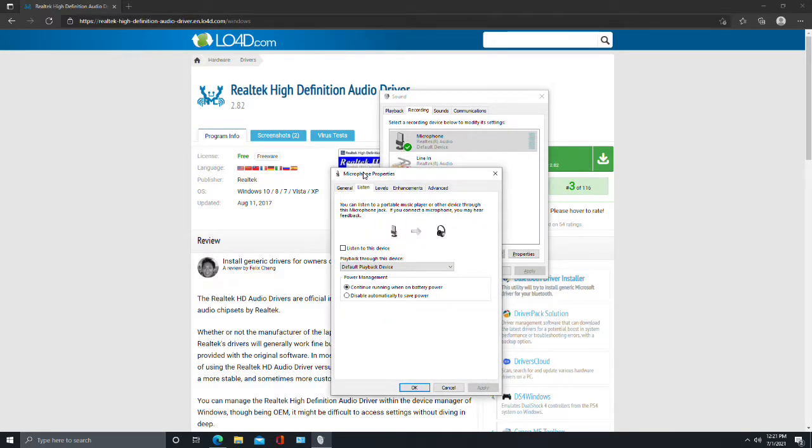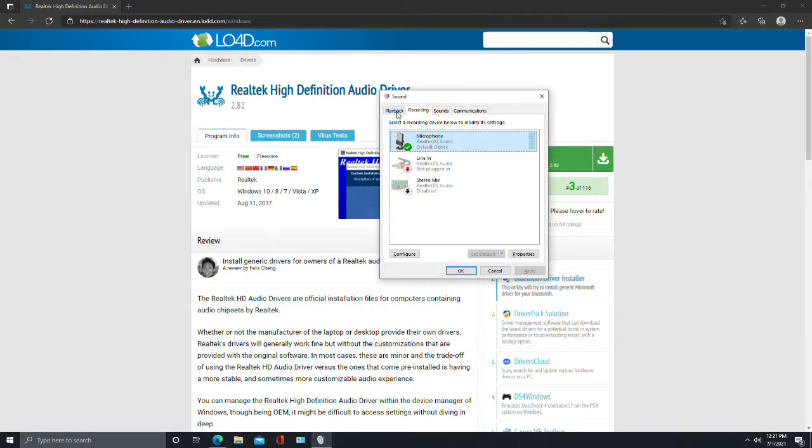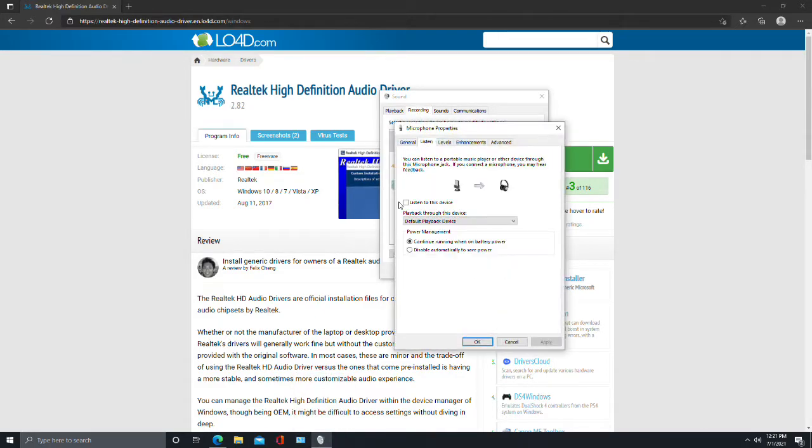So what usually people do is they go to the sound settings here, like how I have this open, and they go to recording and they choose their mic and then they press listen and then listen check mark to listen to this device and apply. If you do that, you're gonna have a latency or delay on your playback, and you're just not gonna be able to use that feature that well, and you eventually turn it off, like how I did. So I turned it off, and